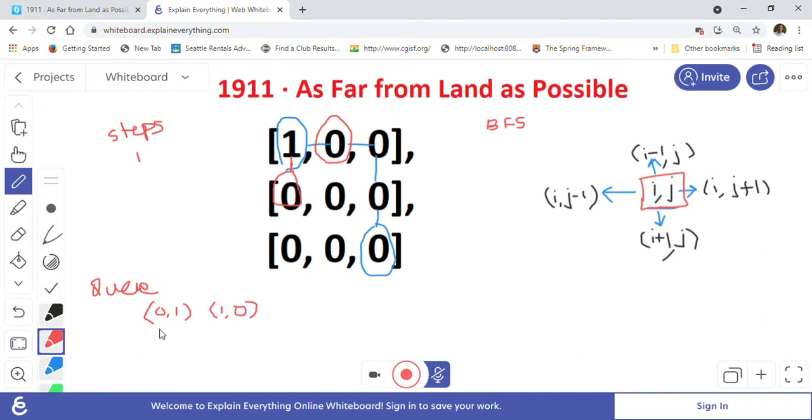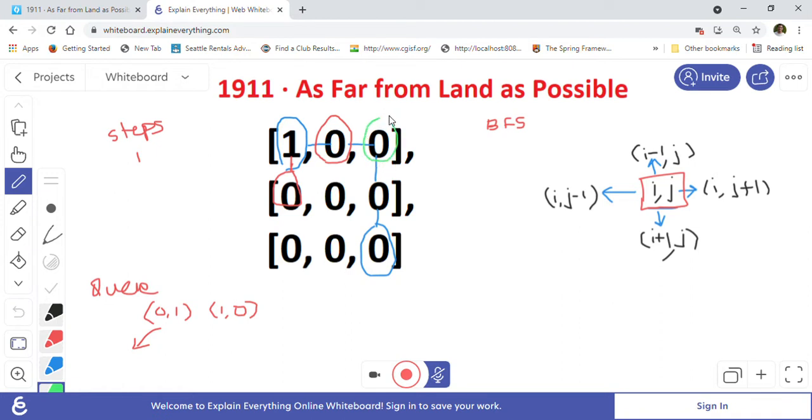So it will take out a coordinate. Let's say it takes out the 0 comma 1, which is this one. It will again go in 4 directions, and it will visit the water cells, which means 0, that we have not already visited. This one, for example, I'll highlight with another color so it's easy to understand.